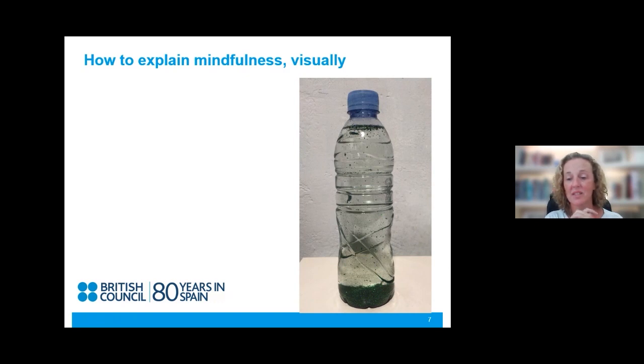some of the students already knew about this. They called it the bottle of calm when I introduced it to them. You may have already seen it yourselves, or the glitter bottle. And not only can it be used to explain what mindfulness is, it can also be used as a tool in the classroom. If you have young kids or a slightly more hyperactive kid, or kids that don't really like to sit down in the classroom too much,